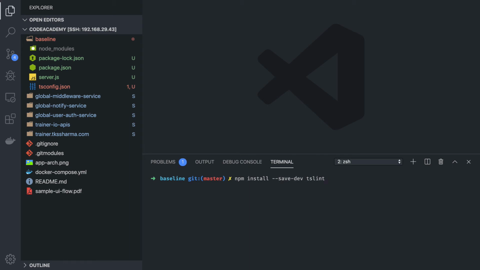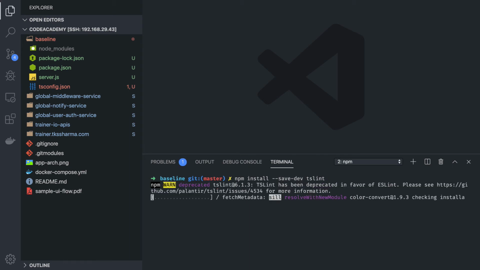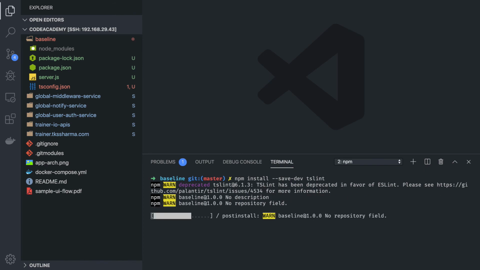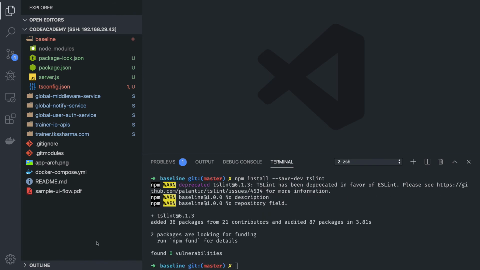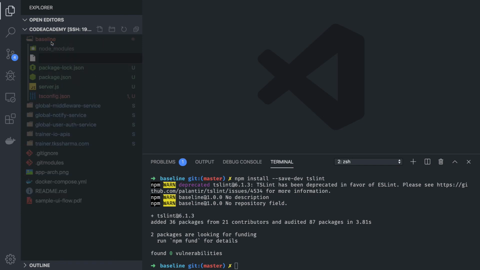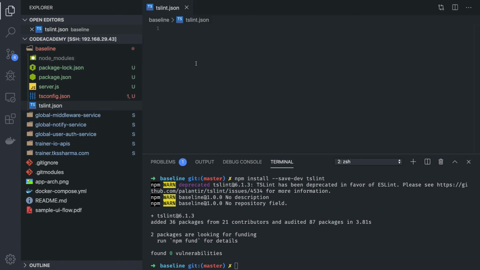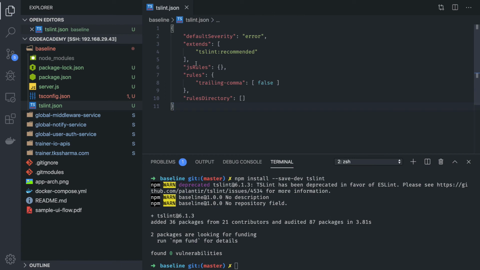So I will be adding tslint as a dev dependency, and I will create tslint.json, and here you can define all your tslint definitions. I'm including only tslint recommended, but you can also extend it to any level.